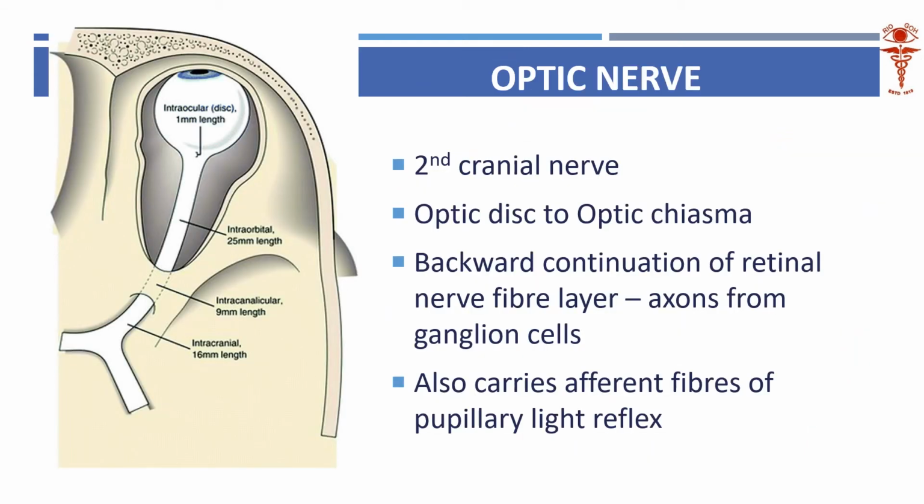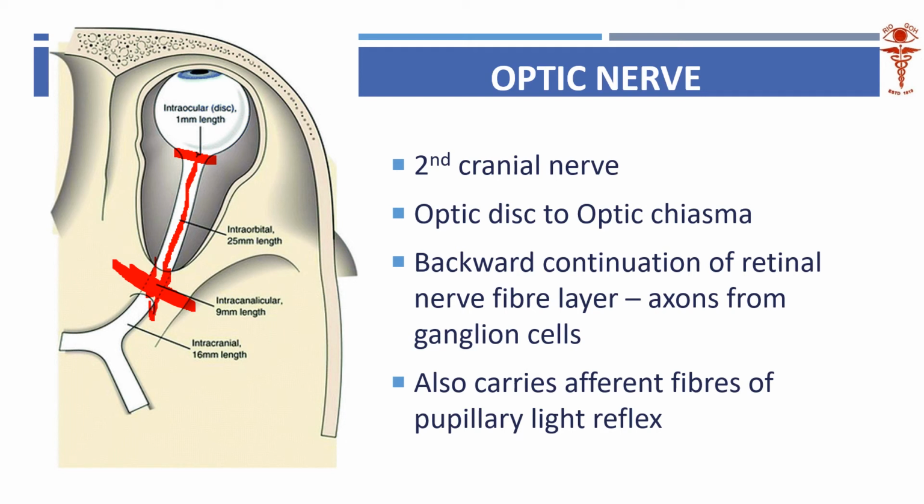Optic nerve is a very unique nerve, a very long sensory nerve that exits the eyeball. It exits the eyeball at the optic disc, runs into the orbit for a distance, and reaches the optic canal through the optic foramen. In the optic canal it is most vulnerable to trauma. Any cricket ball injury, you'll have to ask them, is there a canal fracture? If there is an optic canal fracture, then most probably the nerve is disrupted in that canal area.